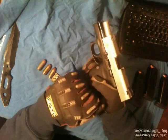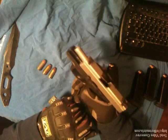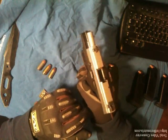I'm not going to field strip it here in this video. If you want a video of me field stripping it and putting it back together, I can do that, but it's not necessary. It's not really difficult to do, but the problem is it has to be cocked when you do this, because you have to pull it back and put it back forward. If at any point you decock it or fire it, the field stripping process will freeze the gun up at about